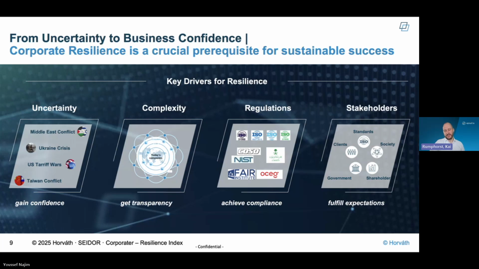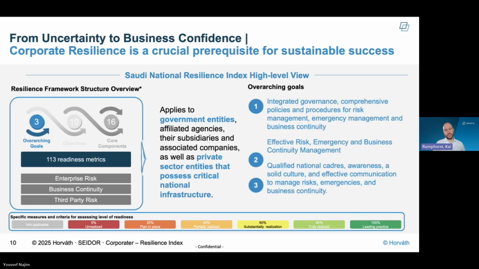An ISO certification is a huge goal that a company wants to achieve, and to do that, you also need to follow the National Resilience Index. On the next slide, you will see a little overview of how we worked with it.